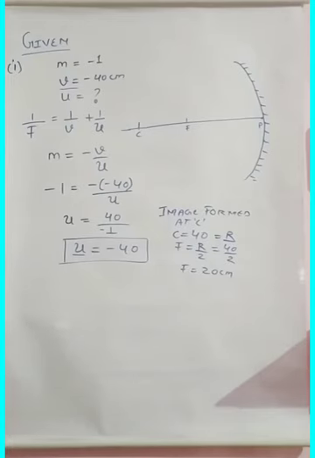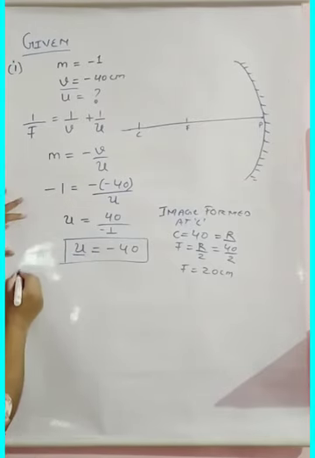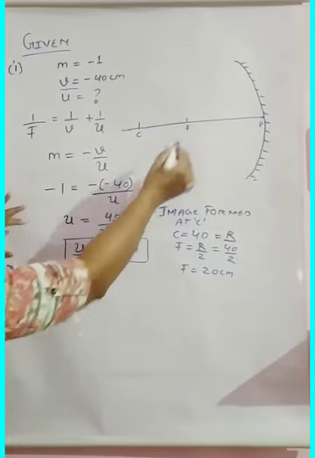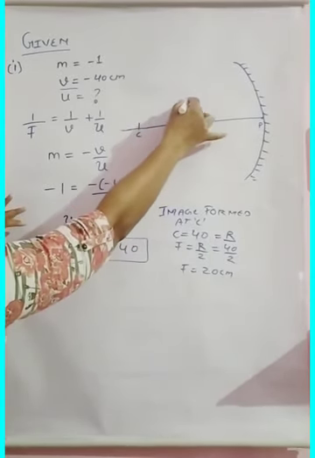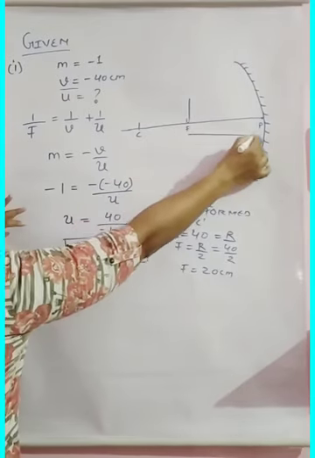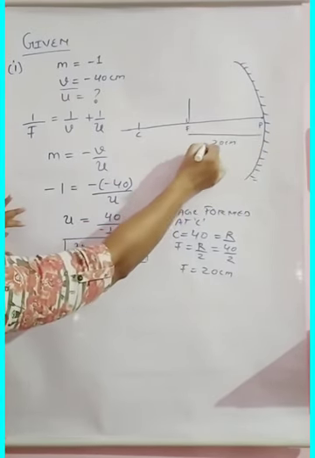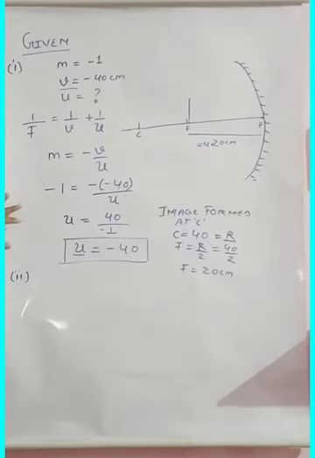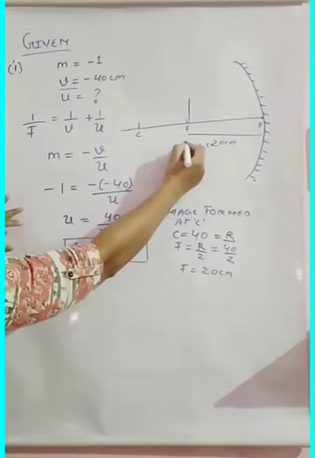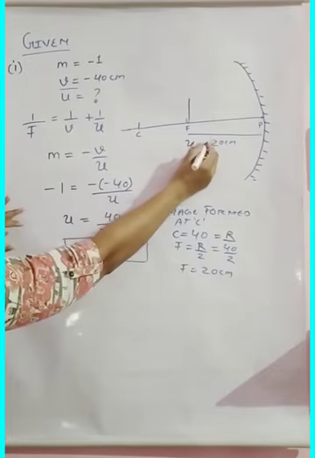Correct? Now we will go to the second part of the question. The second part says, where would be the image if the object is moved 20 centimeter towards the mirror. Initially they have given this case. In the second case they are saying, now what happens if my object is moved 20 centimeter towards the mirror. Now my object is placed at 20 centimeter. This is my u, so here I will get u is equal to minus 20 centimeter.